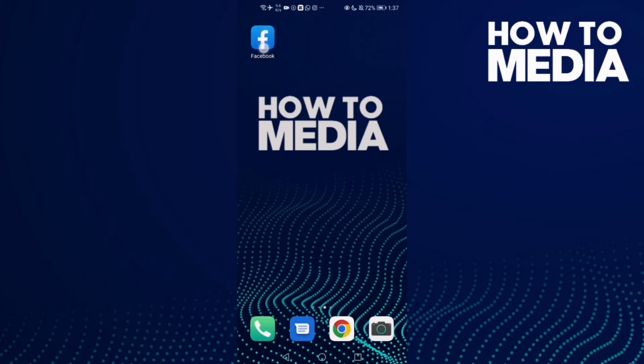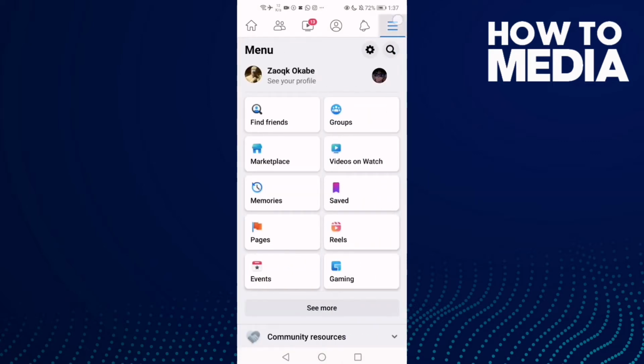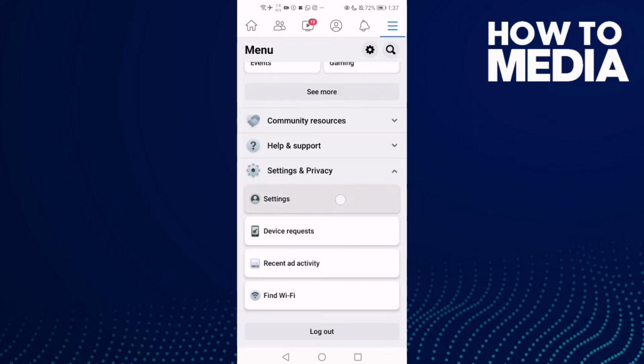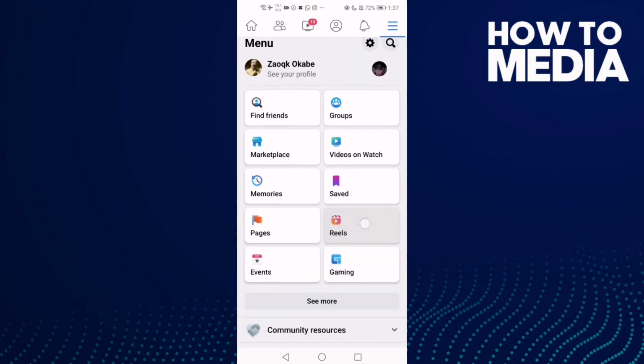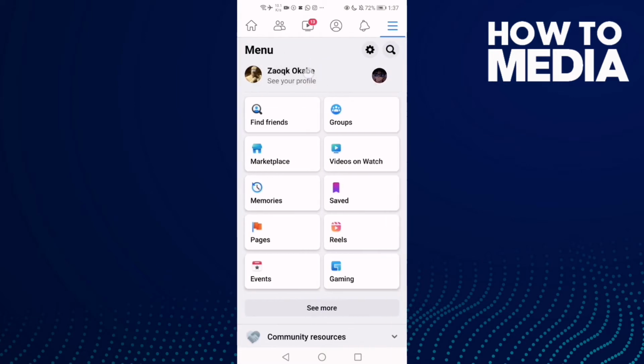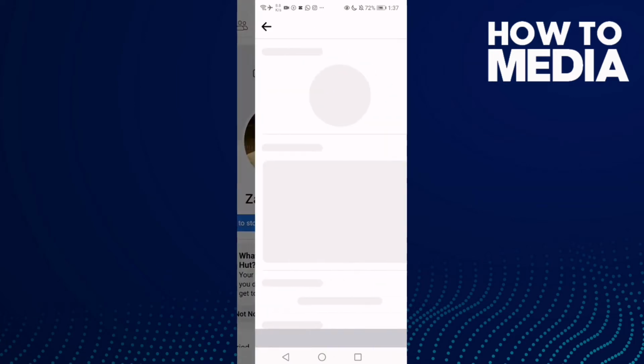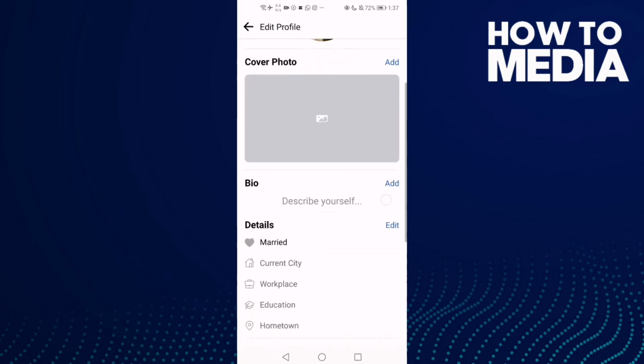First thing, go to Facebook and now click these three lines here in the top corner and go down, click settings and privacy, and then settings, sorry, not settings, this one. You will find your profile here, click on it and then click edit, and then just